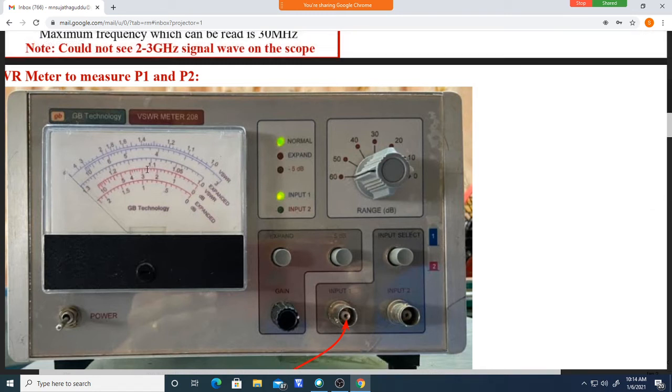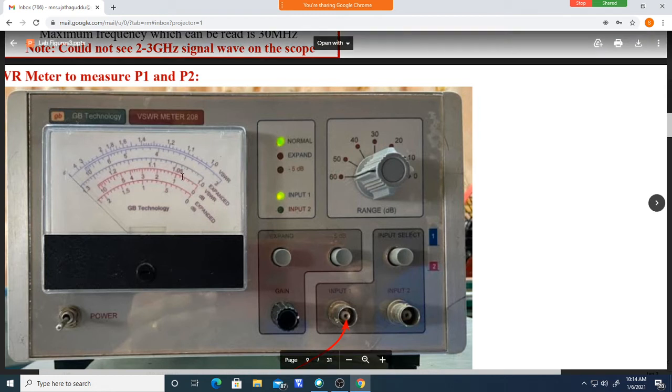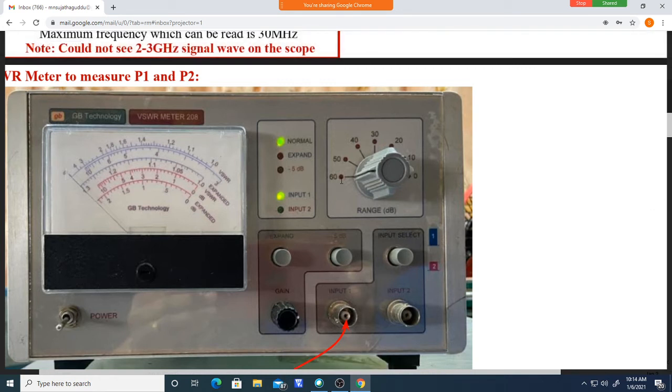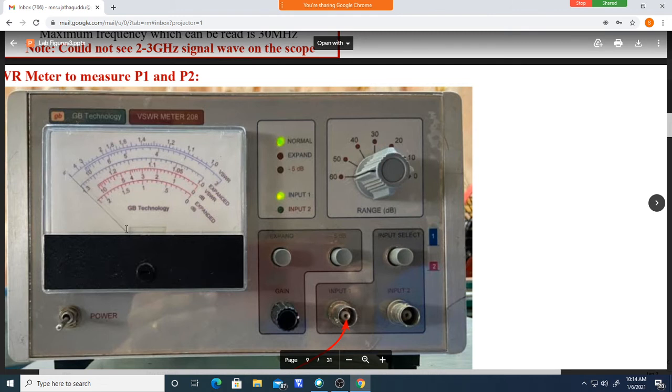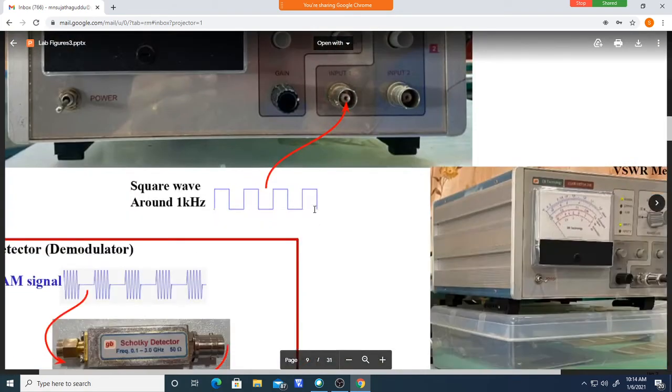You see this red color is there. This one you should use in the laboratory, up to 0 to 1. This range will be something like 60. But this needle is there. This is an analog meter, actually a needle is there. Based on whatever input you apply, the needle may be somewhere here, anywhere. So our reading is: to the range you should add the needle position value. I will show you that.